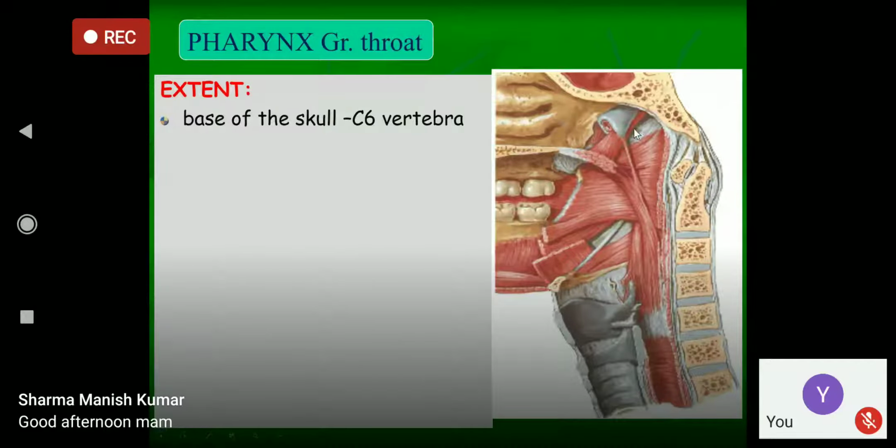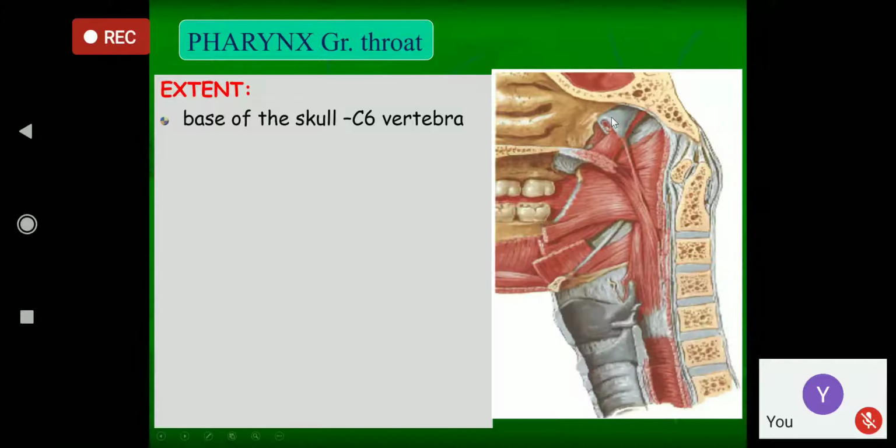Now, when you see in this diagram, you can see over here, this one is known as the base of the skull, and these are the cervical vertebra. You can easily count those vertebra. This one is the C1, C2, C3, C4, C5, and C6. Now, why is C1 a small one? The C1 has just the anterior arch there and the posterior arch there, which is very small